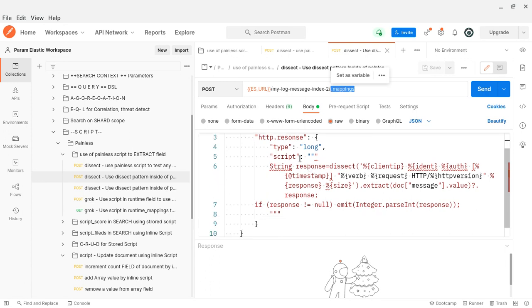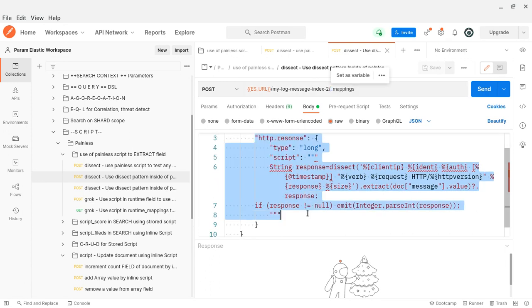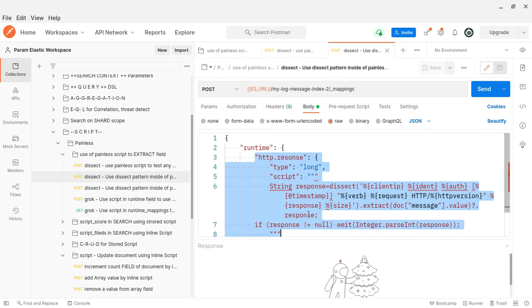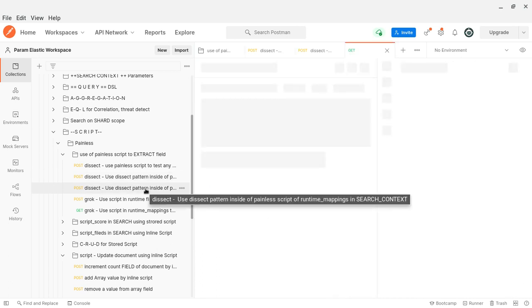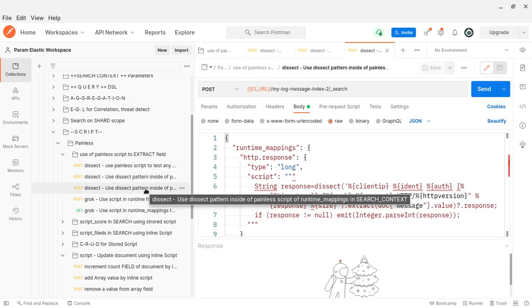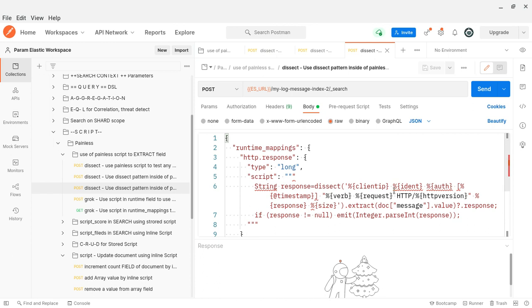Okay, but still the syntax is the same. With respect to syntax and capability, it is the same. But where we have put it is by updating the mapping. This is one place, which we call the field context. In fact, I have shown it in my PPT, in my diagram as well.